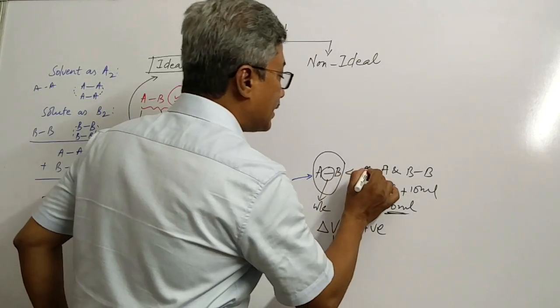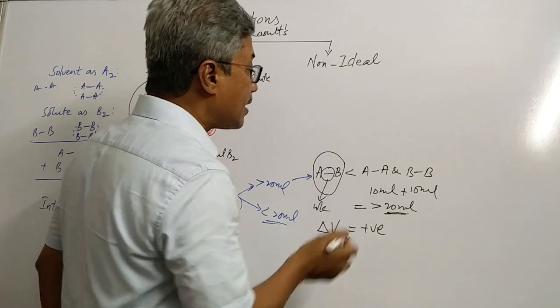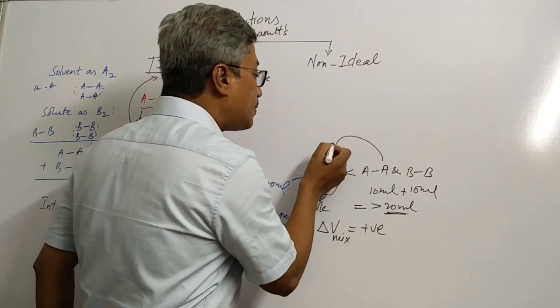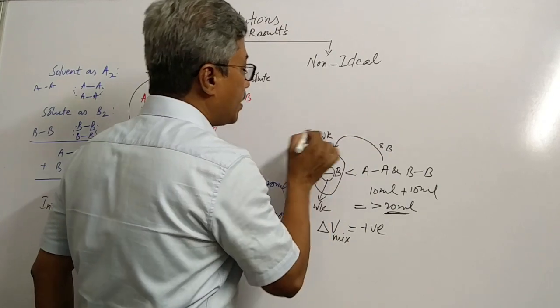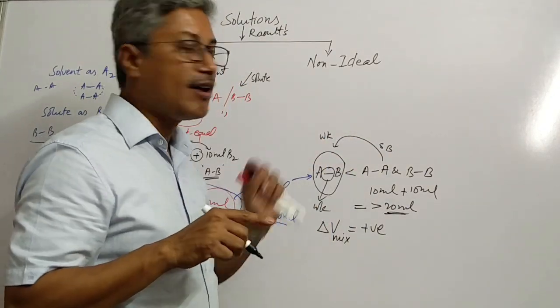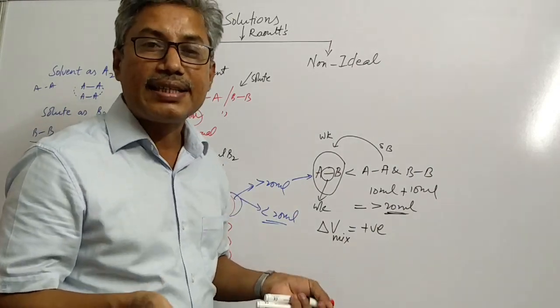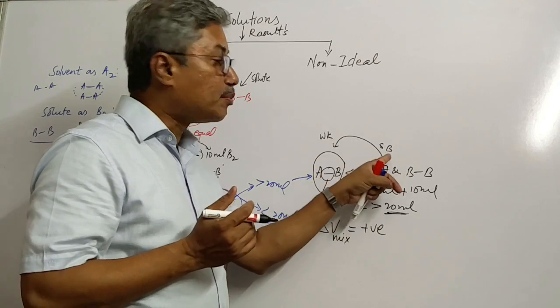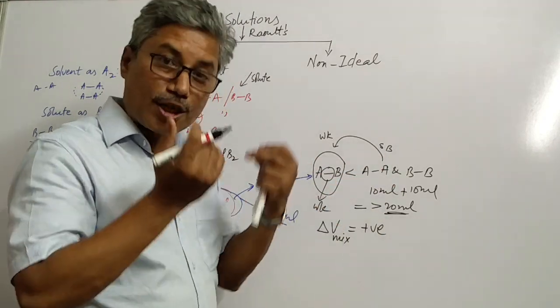And see here, students, these bond strengths are stronger. This bond strength is weaker. It means that the system is changing from stronger bond to weaker bond. Weaker bond means less exothermic. Stronger bond means more exothermic. It means that energy is consumed. Here, more energy to less energy. It means that some amount of energy is consumed.